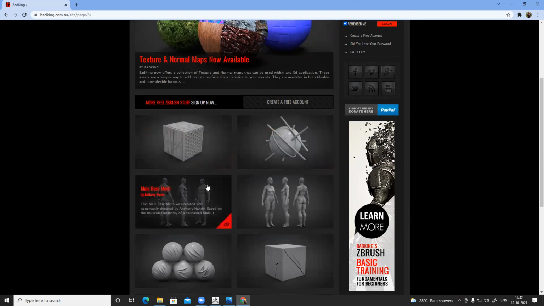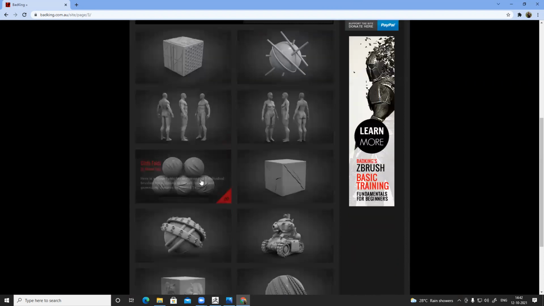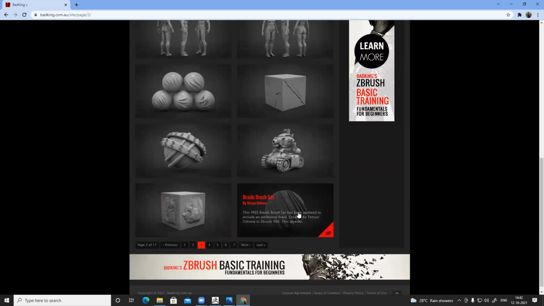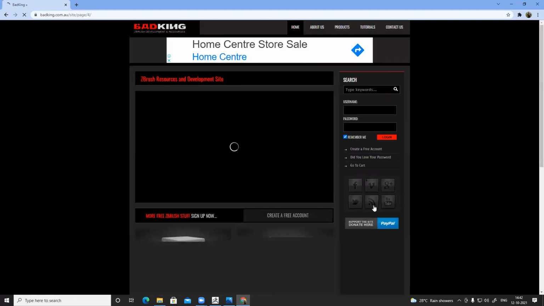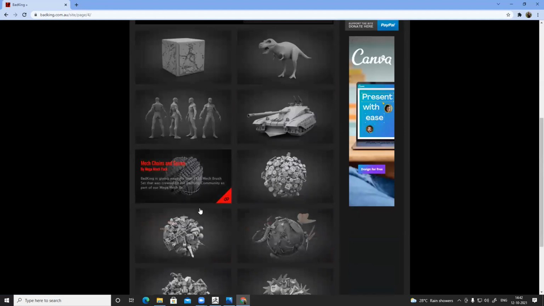This is completely free. You cannot just download it and post it as yours, but using a base model is completely legal. You can use base models. Like you see, some brushes are there, some base models are there, hair brushes, knots and all, and some alphas. It's a very good site. Check it, create an account and a login, and then you can see all these brushes.